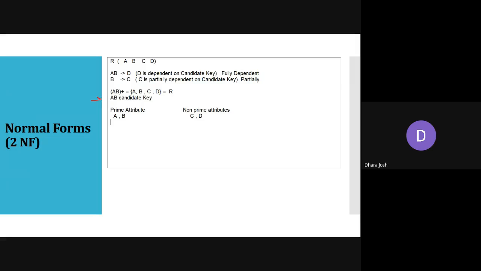We know that AB is a candidate key. Prime attributes are A and B, non-prime attributes are C and D. यहाँ पर फुल्ली डिपेंडेंट होना अलाउड है। अगर ये AB कैंडिडेट की है तो A और B दोनों की वैल्यू से मुझे अगर D की वैल्यू मिल रही है देन इट इज अलाउड, गुड। बट पार्शियल डिपेंडेंसी इज नॉट अलाउड, व्हिच आई एम मार्किंग हियर विथ ब्लू मार्कर। C एक B पर ही डिपेंडेंट है, इट इज नॉट अलाउड। व्हाई? बिकॉज इफ A एंड B कंबाइंस टुगेदर ओनली देन वी आर हैविंग the value of D.